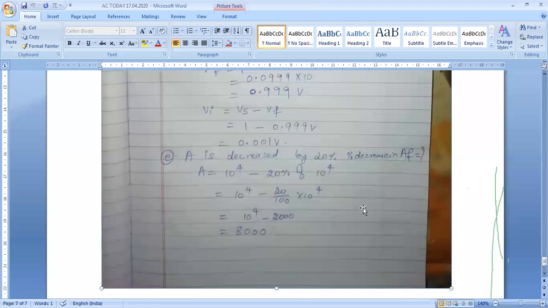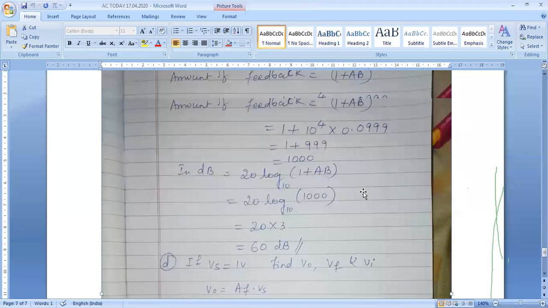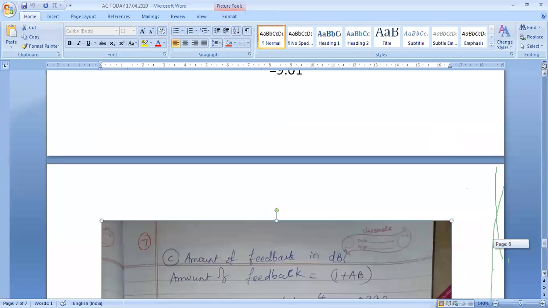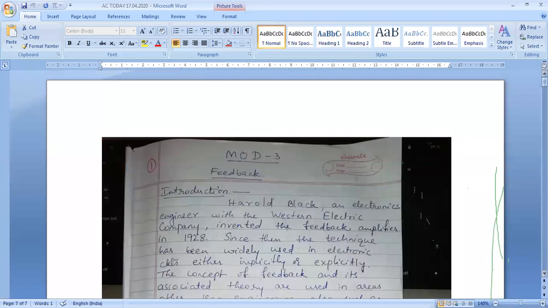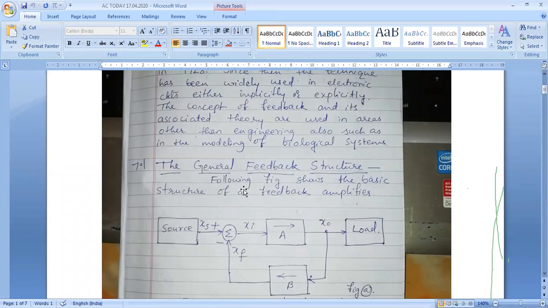Is there any doubt in whatever I have covered in today's topic? No, ma'am. So we just discussed the general feedback structure. In the next class, I will explain the properties of negative feedback. Once we understand those, we will understand each of these feedback types. There are 4 feedback types, and we are going to study all of them in detail.